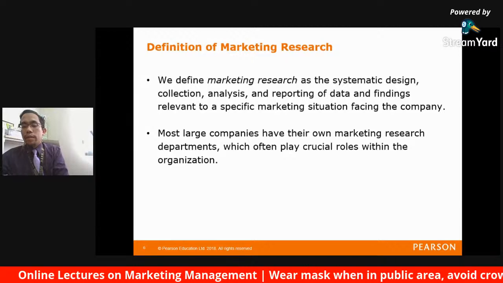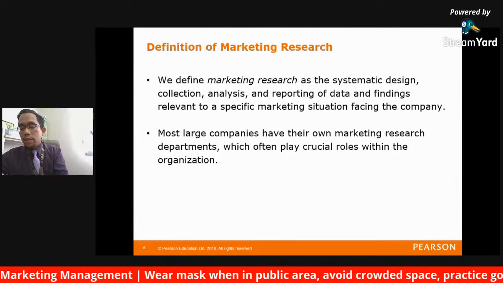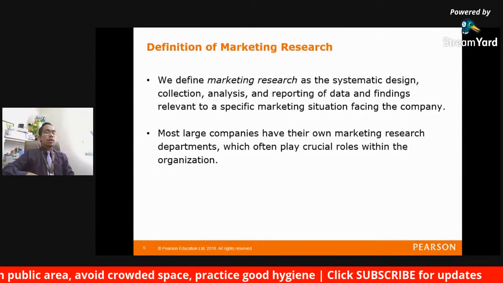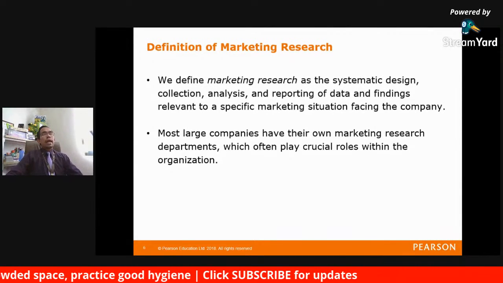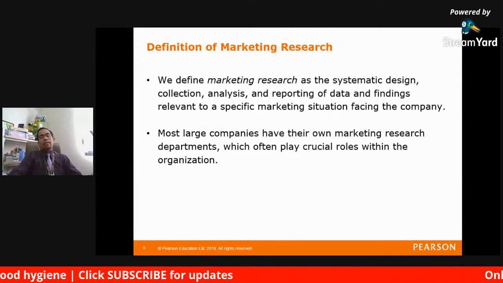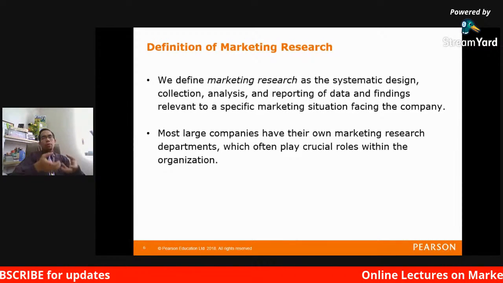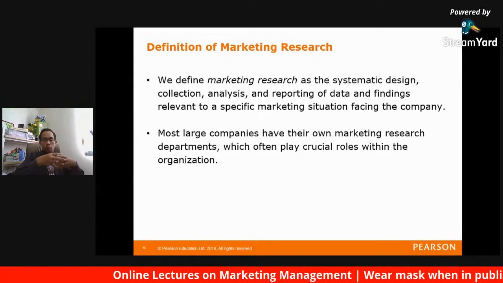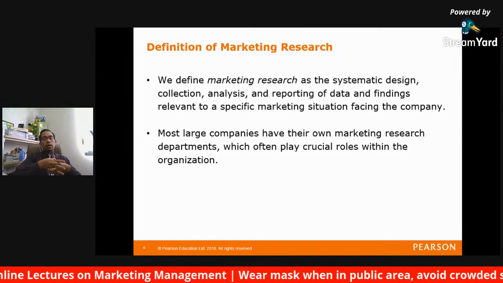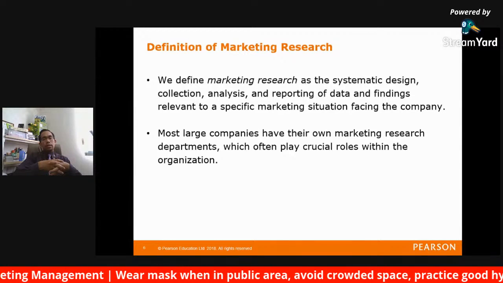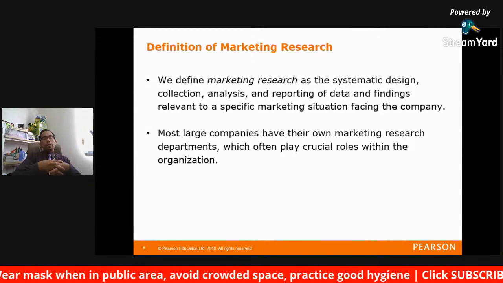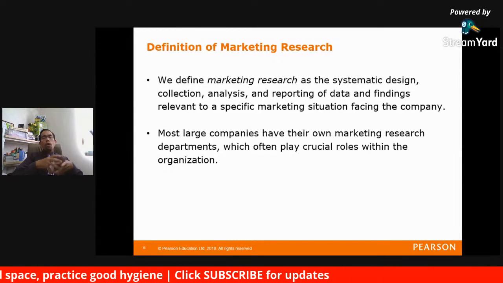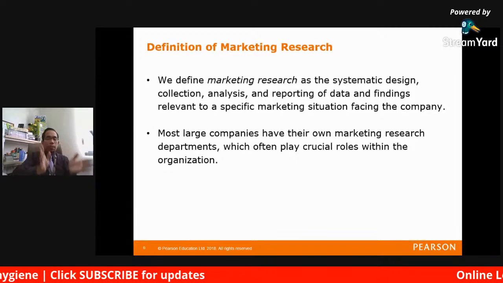It's a very systematic process. It's not something that you can do casually. I'm not saying it is the hardest thing, but by doing research, every particular you will consider to test. Most large companies have their own marketing research department,